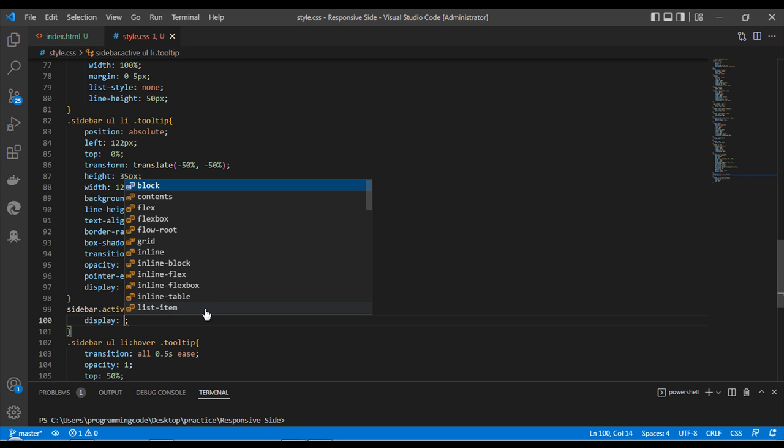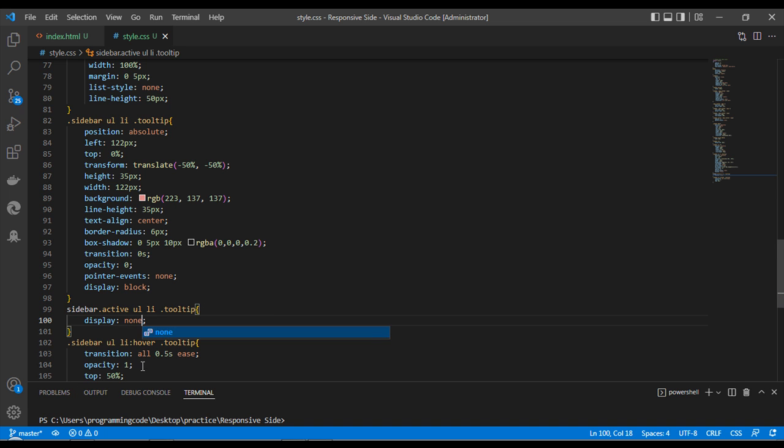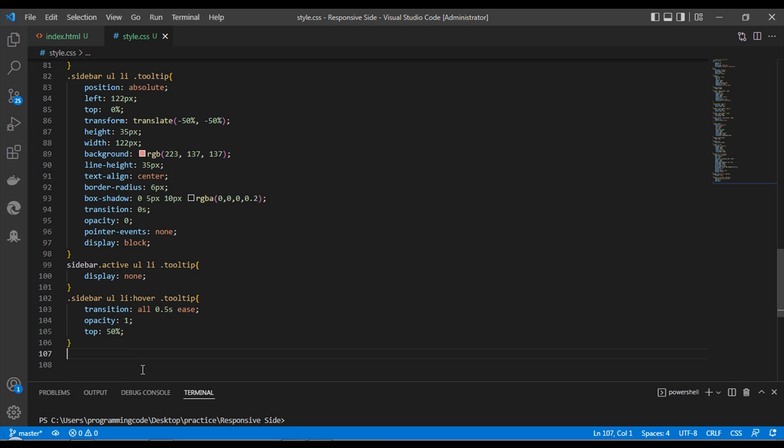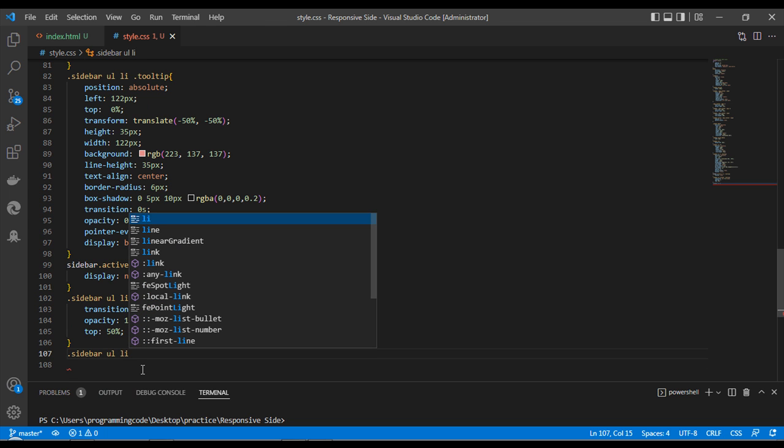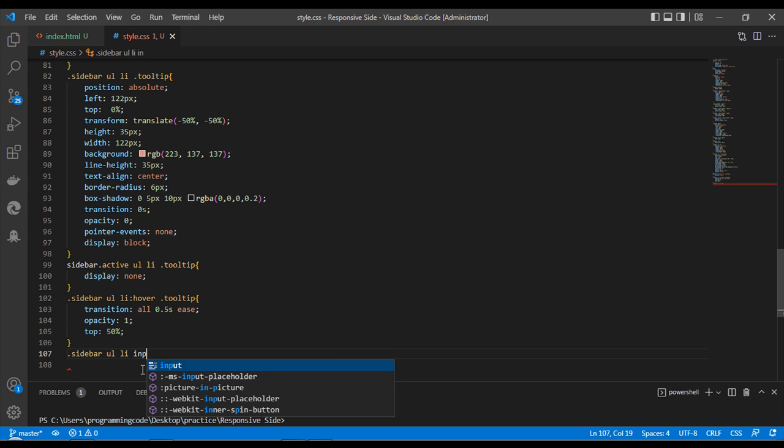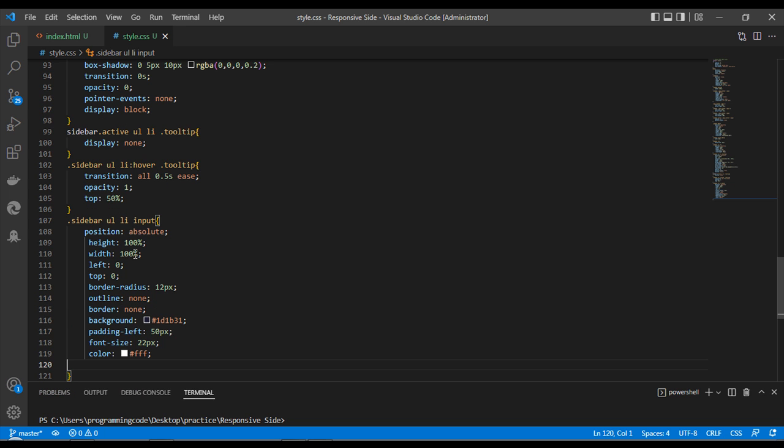And for this one, we can write down its design: display should be none, and opacity it does not have any opacity. We can just write down sidebar active. I've got the sidebar active, and now we can write down